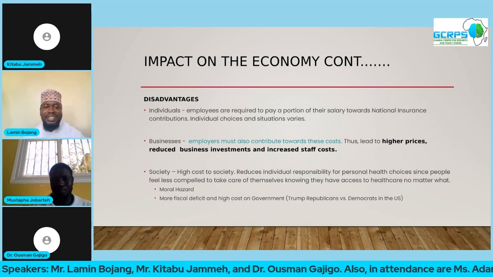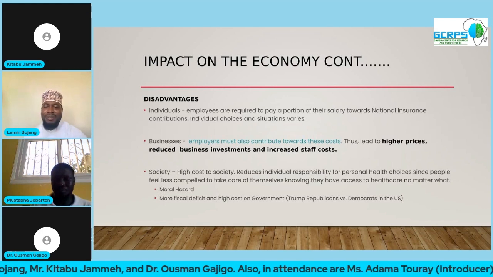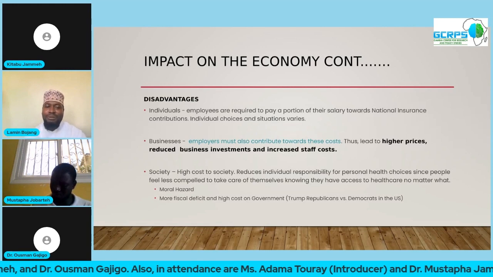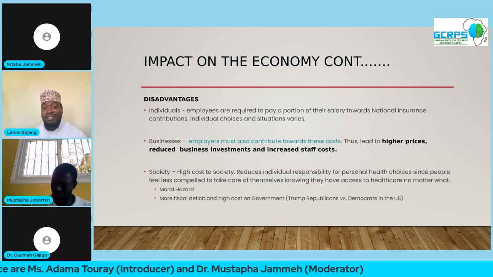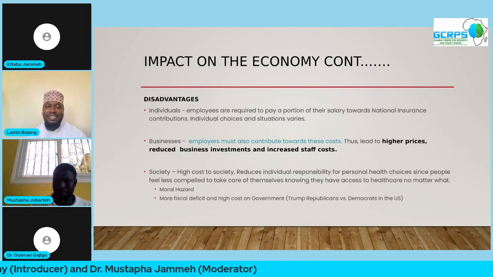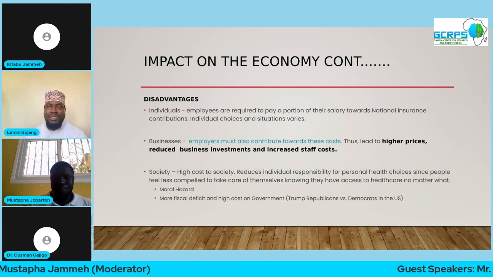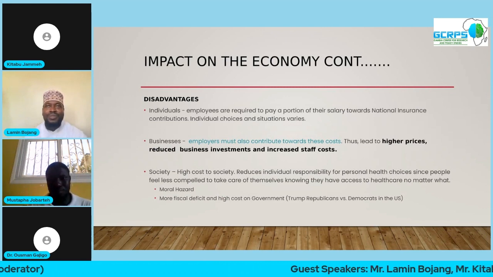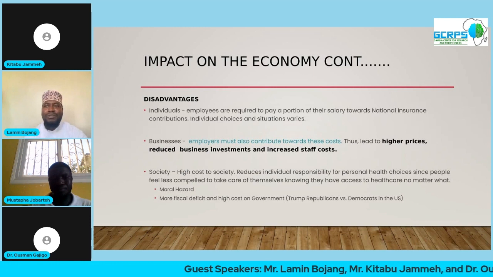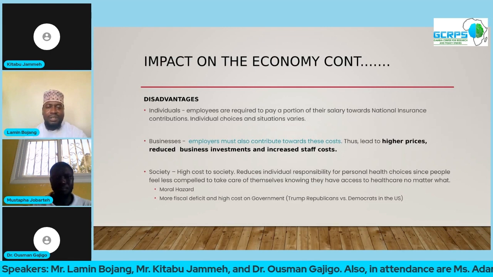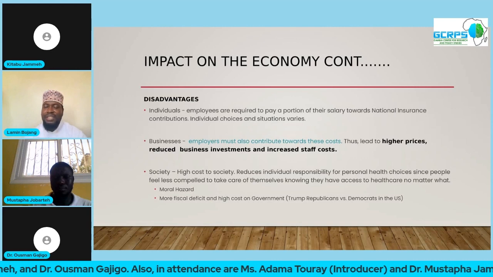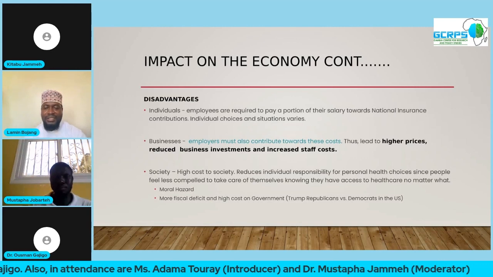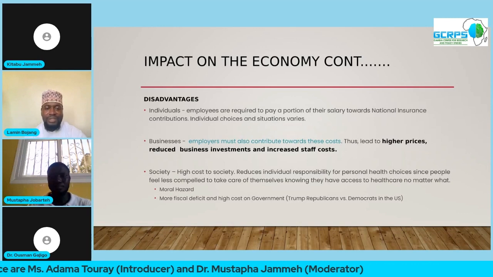For business, the challenge they have is that it could lead to higher cost of investment. Staff costs might definitely increase because as a business, you are bound to pay at least certain provision basically on a monthly basis towards the insurance of your staff. This is definitely a challenge for small businesses. But